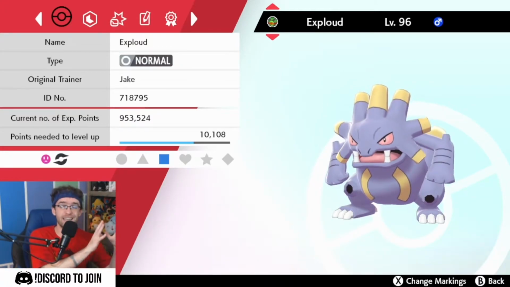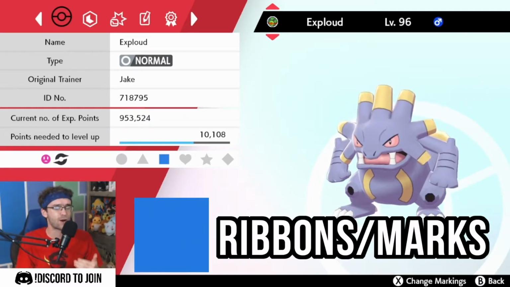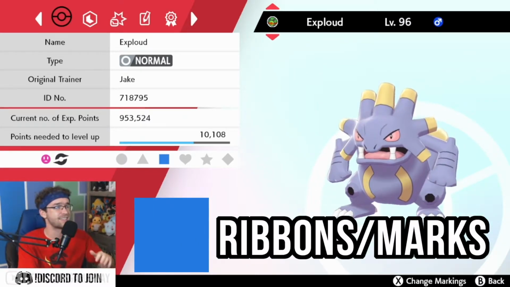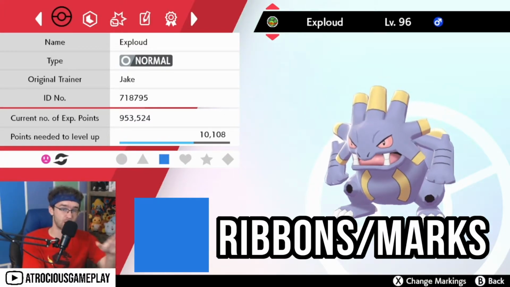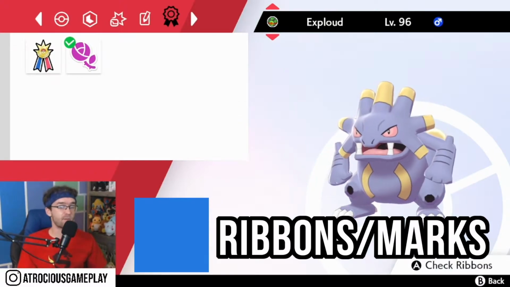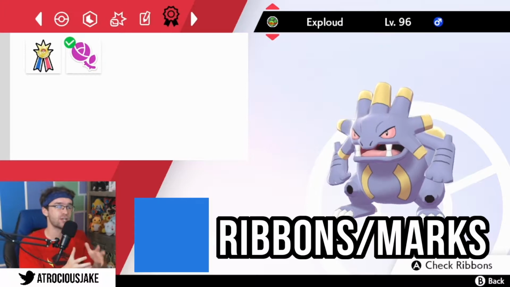Now we're going to move into the blue square. This is kind of one of my favorite marks in my opinion in this system. This is the blue square, the ribbons and marks section. Now, ribbons have been around for a while since Generation 3, but Generation 8 in Sword and Shield introduced the